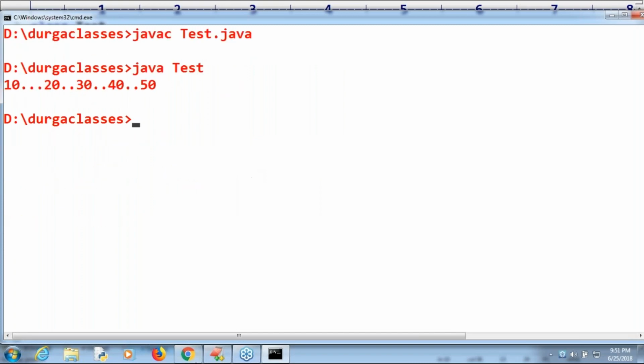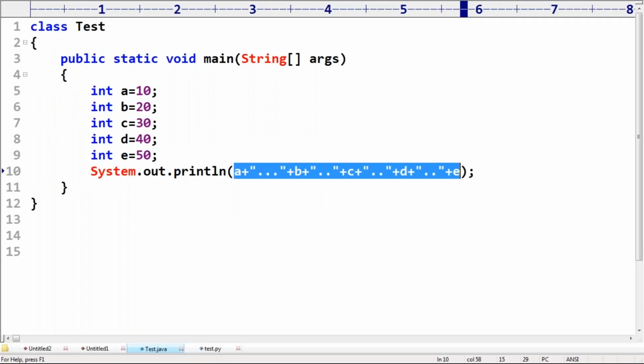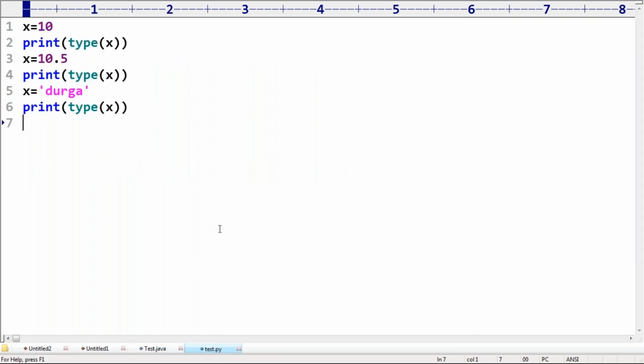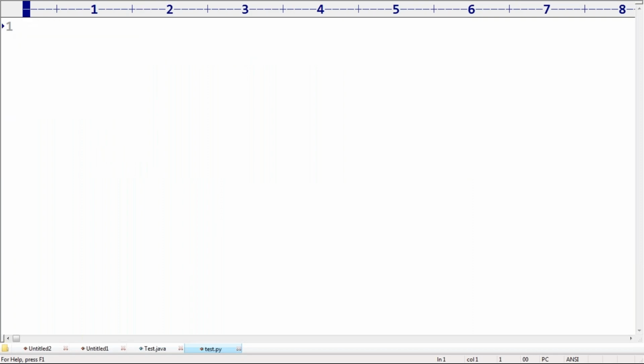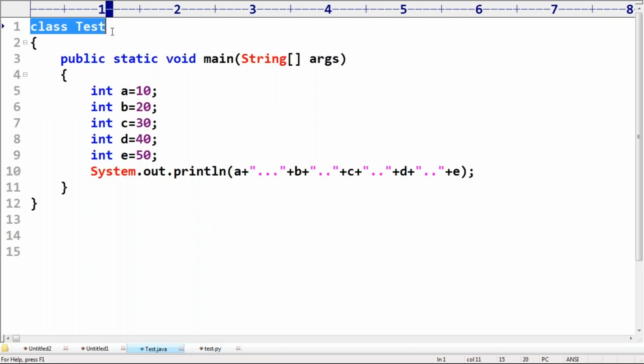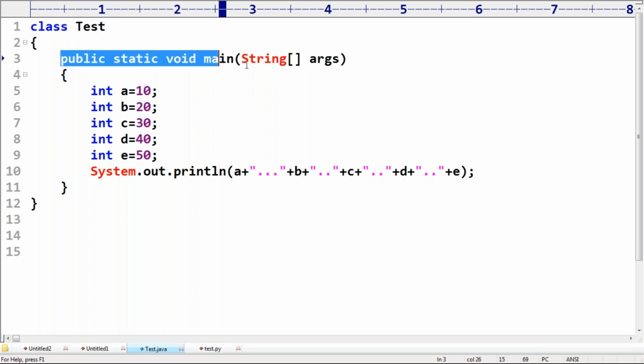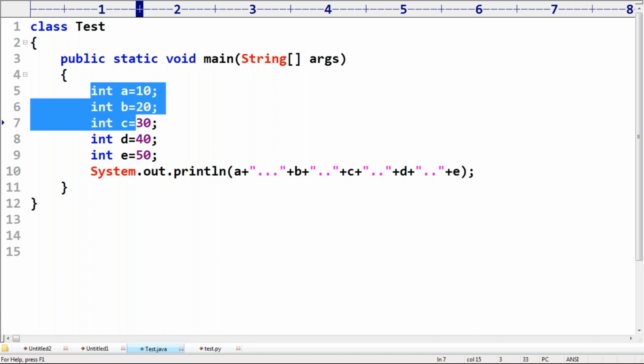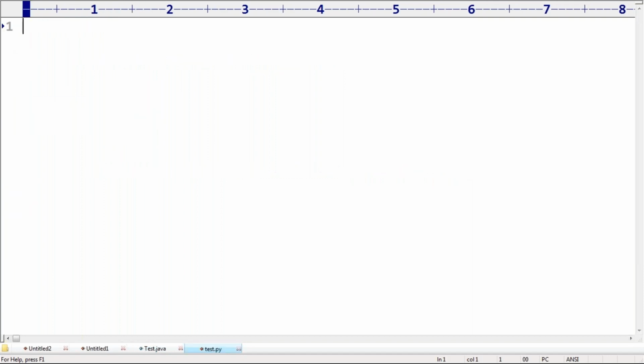Now, listen, this is terminology, sir. The same thing I want to do in Python. Anyone, can you please guide? The same activity I want to do. First thing, you are not required to write that class Test. Without a class, you can't do anything in Java. Next, we don't need to write public static void main, not required. Directly, you can write the code and then execute. Please guide, sir. What is the code I have to type?